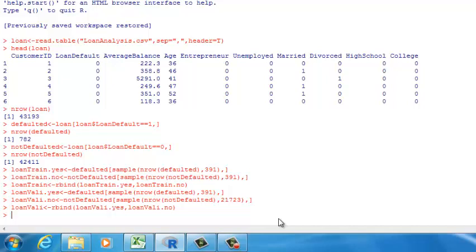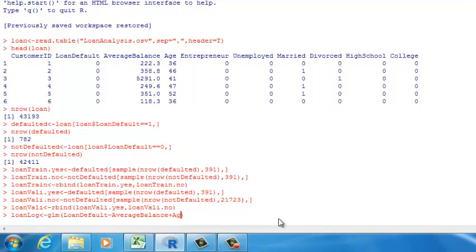We can use the training set to build a logistic regression model and a decision tree model. Let's build the logistic regression model first. Let's create a variable to hold the analysis results. Let's call this loan log. Do you still remember the command for building a logistic regression model? It is a GLM. First, we need to specify the analysis model, right? We want to use the independent variables to predict the probability for a customer to default a loan. So the model I want to build is a loan default, and then a tilde sign, and then average balance